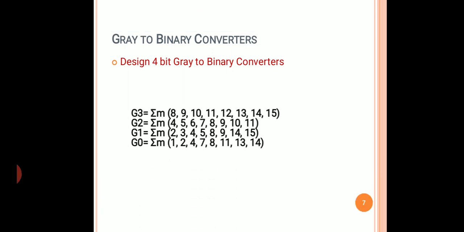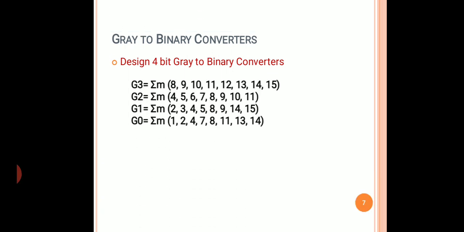For solving this, if this question is there, we will first write the truth table by considering the gray numbers from 0 to 15 and their equivalent binary numbers. Afterwards, we will obtain the expressions for G3, G2, G1 and G0. From where are these expressions obtained?